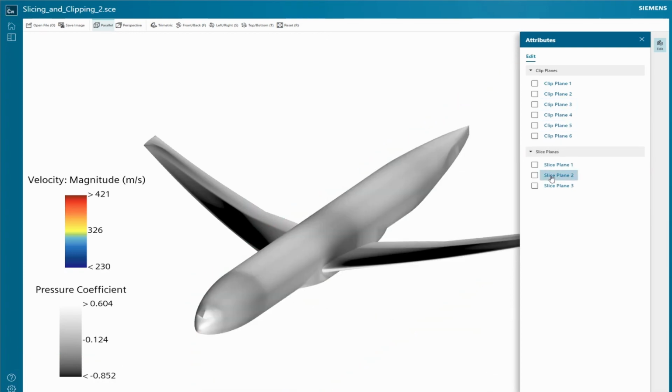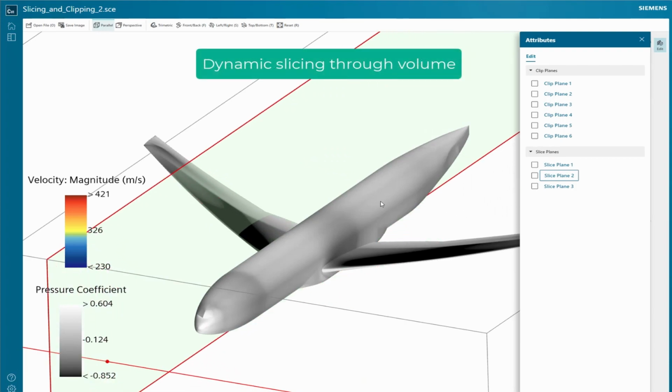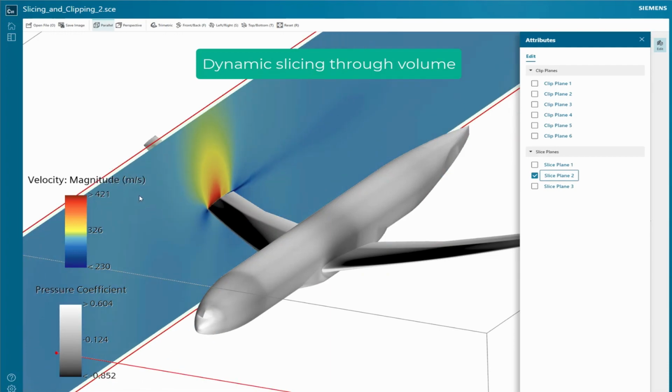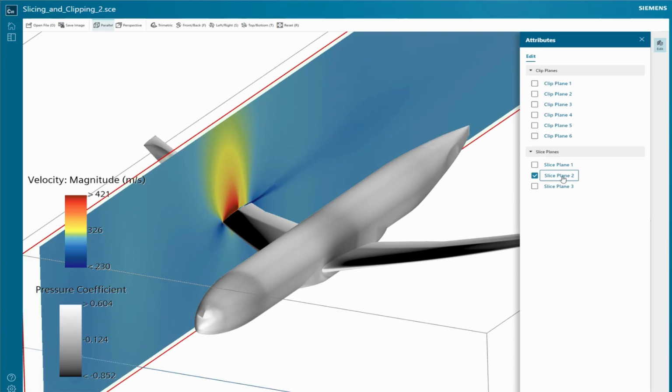So it is a very powerful and quick way to make a decision based on a very light data file. That is the whole idea of it. And we will further improve the functionality of the web viewer in order to make it much more performant, because we see that it has quite a bit of potential.